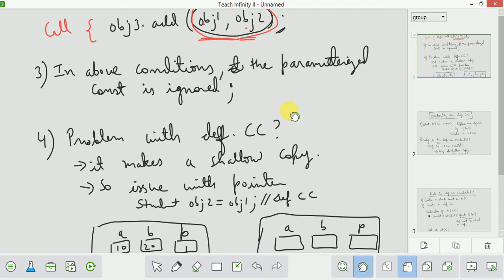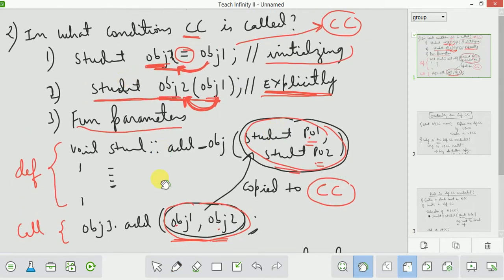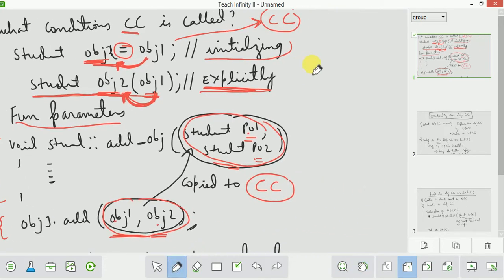Next, in the above conditions the parameterized constructor is ignored. In these three cases, suppose there is a parameterized constructor, then you cannot create an object like this normally. What does it mean? For example, there is a parameterized constructor and I am creating object 2, then I cannot create it like this, because there is a parameterized constructor.